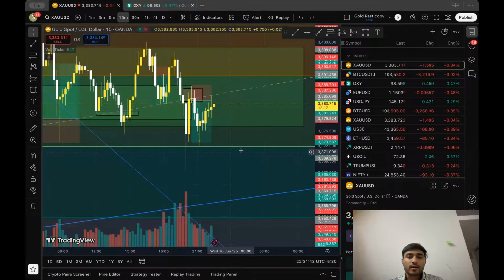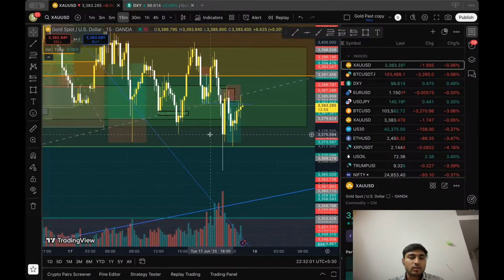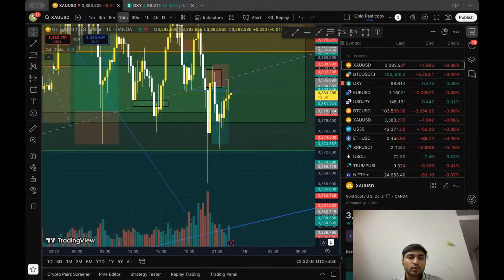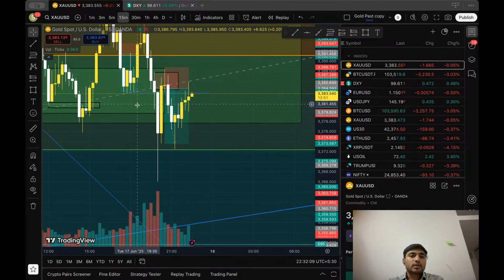I took a trade from here. I'll tell you what was the intuition behind that. This is the change of character. Change of character happened in this candle only. In this candle it happened. This big candle. Because see, gold was trying to push its way up, because it wasn't giving us a clear indication of selling. It hasn't been giving the clear indication of selling at all.